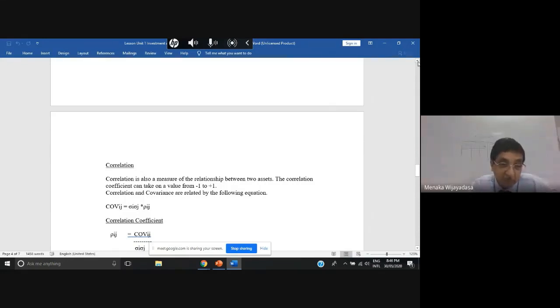And today we discussed covariance. Basically, the meaning is how two assets' returns are moving together. That is what you mean by covariance. Correlation is also a part of covariance, or we call it normalized covariance. In order to calculate the correlation coefficient, you need to get the covariance, and it has to be divided by the standard deviation of L and M. So that is the more normalized figure, the correlation coefficient.